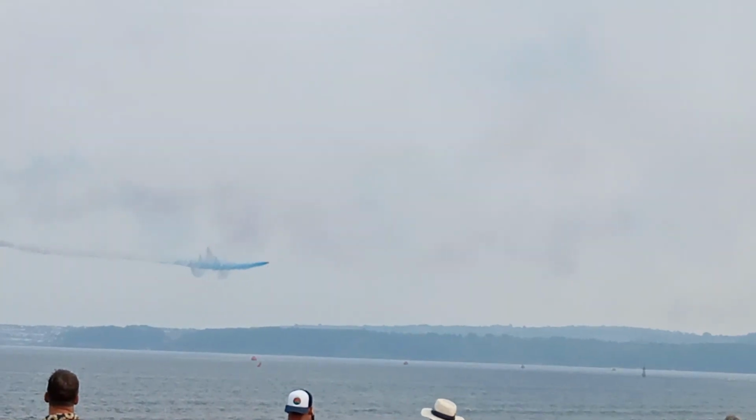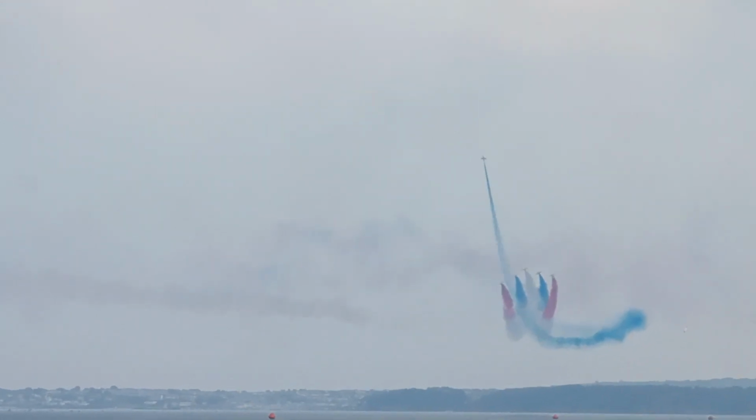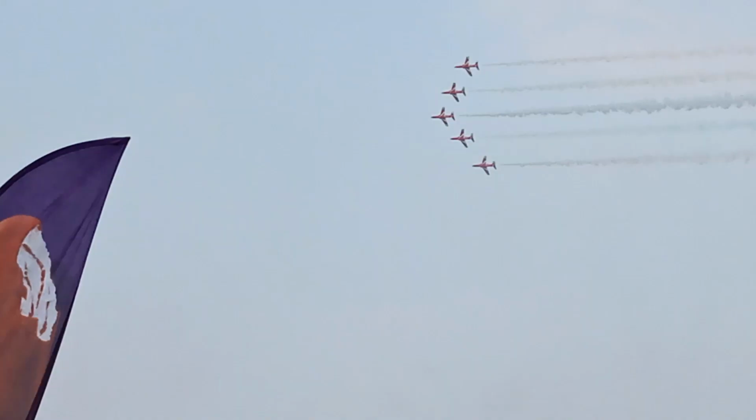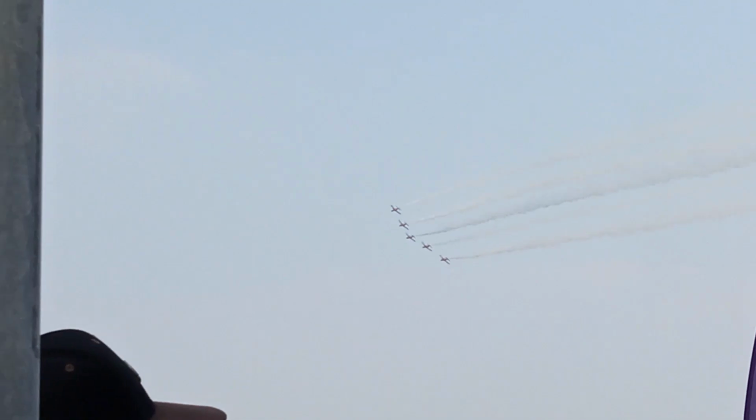Lines up with the rest of Enid. Blue smoke comes on for the Goose. Red 9, Patrick Kershaw's third and final year on the team. He's a former Tornado pilot and a Hawk pilot. With Enid coming off to the left, straight off later to the left, white and blue. That red, white and blue is still